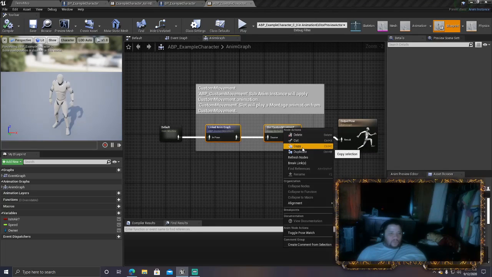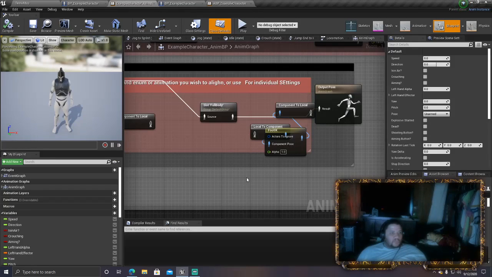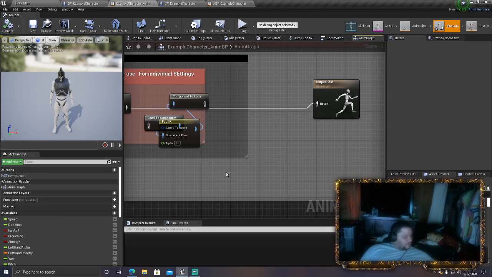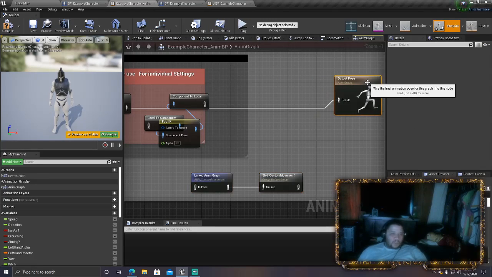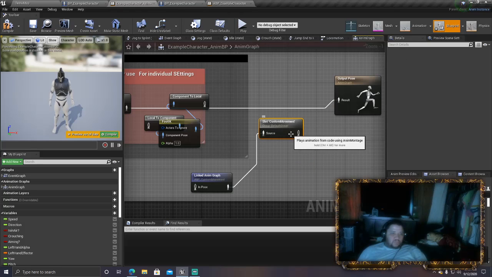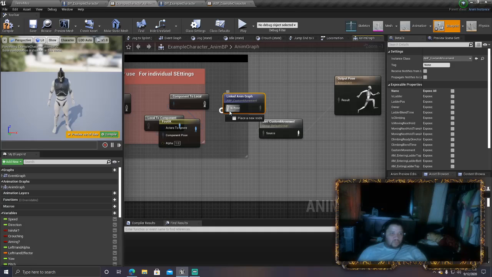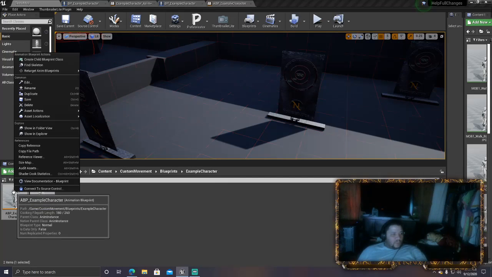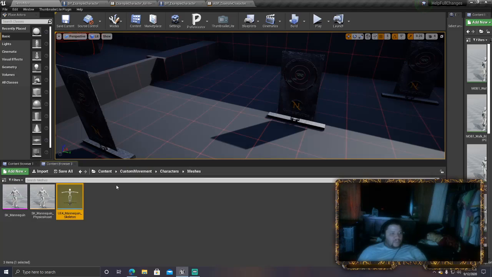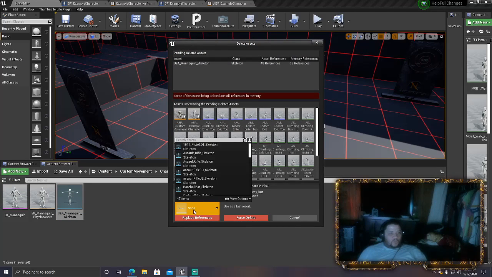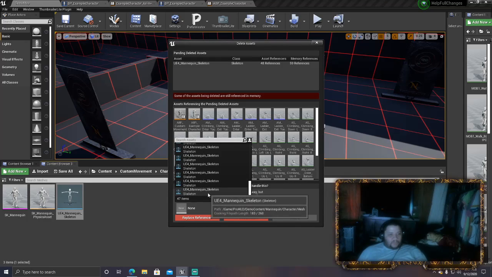Copy these two and shove them right here. Also, you want to go here, find skeleton, and delete the skeleton that's attached to custom character. That would be